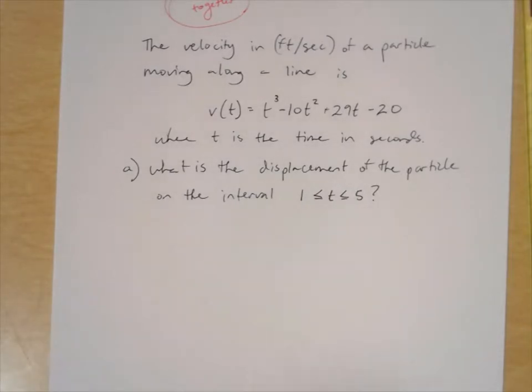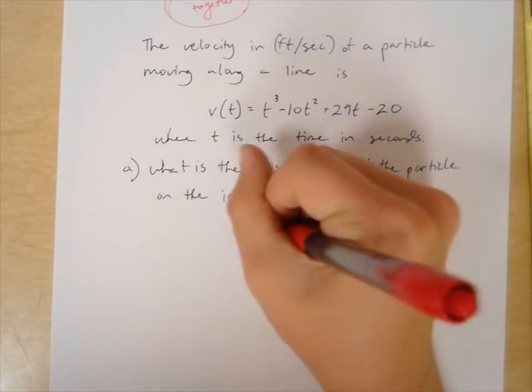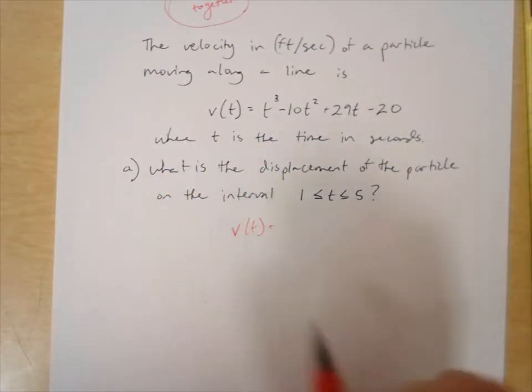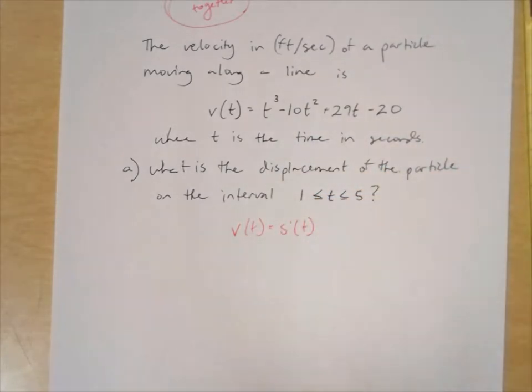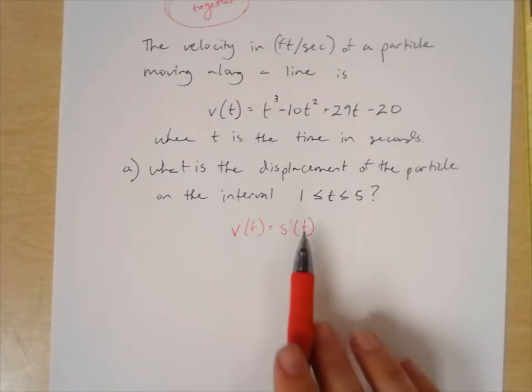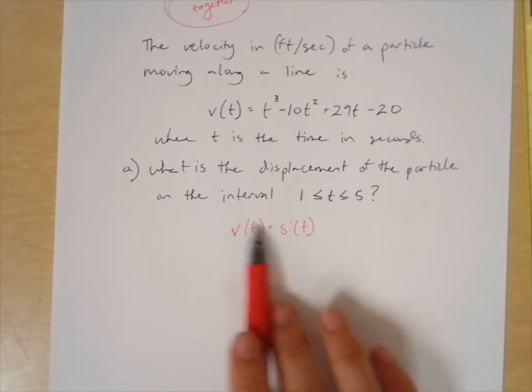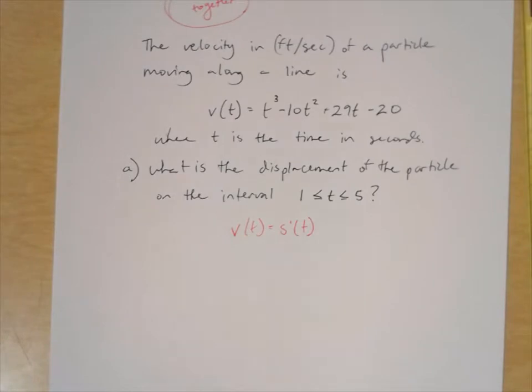So to do the displacement, we also need to understand that v of t is, in relation to a position function, the derivative of a position function, right? That's s prime of t. And so what we can do here is use the fundamental theorem of calculus to talk about the position, right? If we went kind of backwards with the velocity, we'd be arriving at the position of the thing. And so what we can do then is integrate